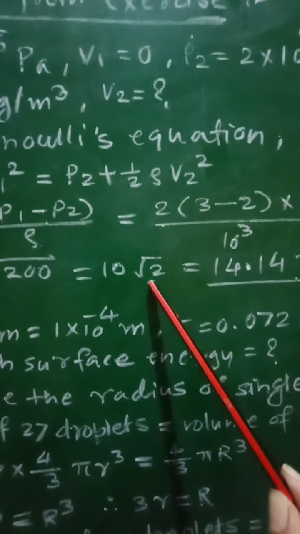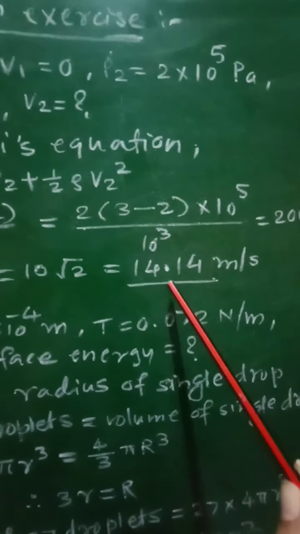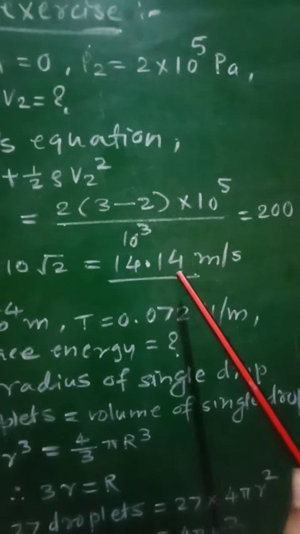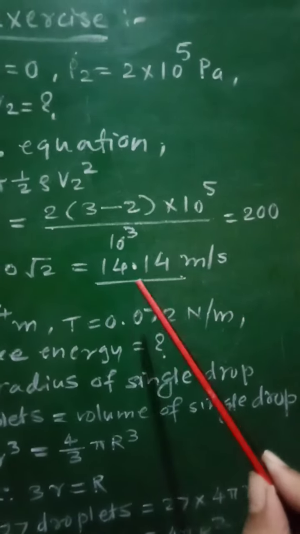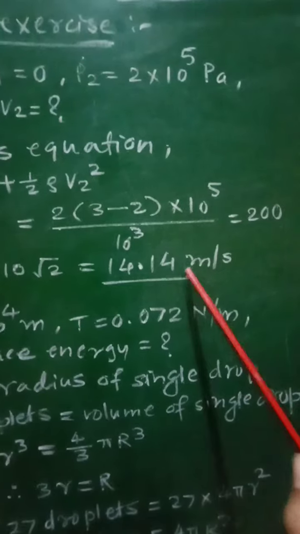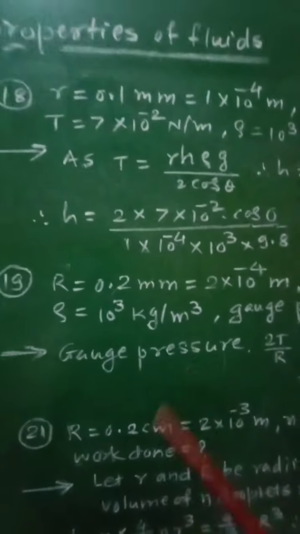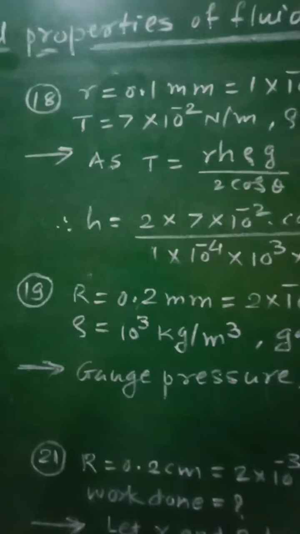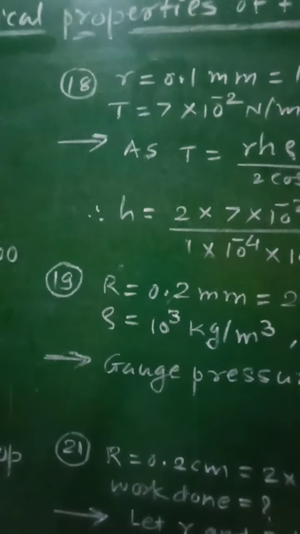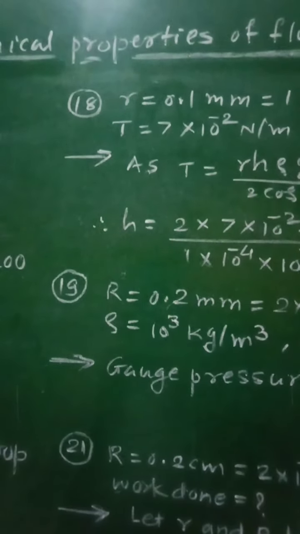But value of root 2 is 1.414, and therefore 10 root 2 comes out to be 14.14 meter per second, and this is the final speed, that is 14.14 meter per second. Then let us go for the next numerical, that is number 18, which is given as: calculate the rise of water